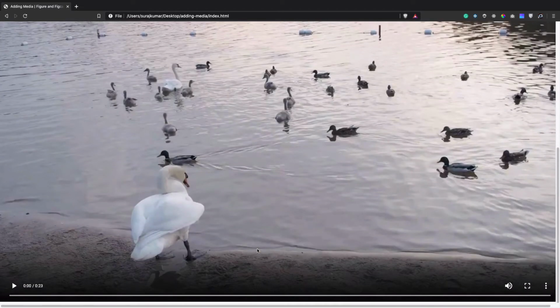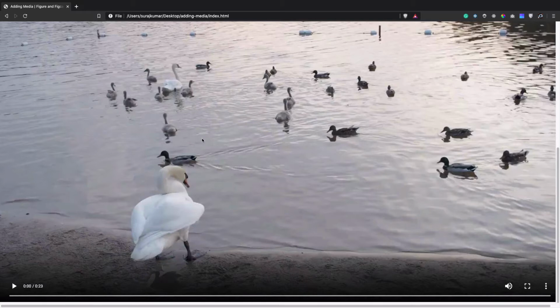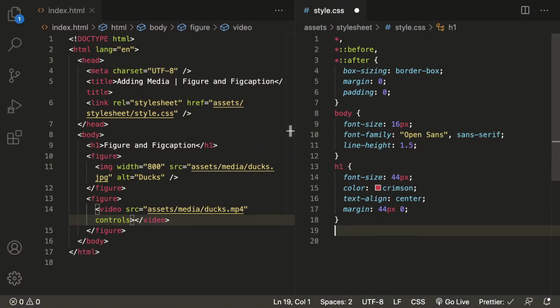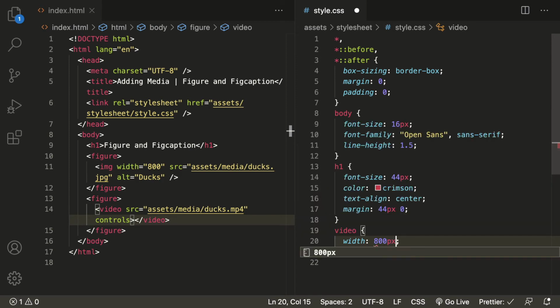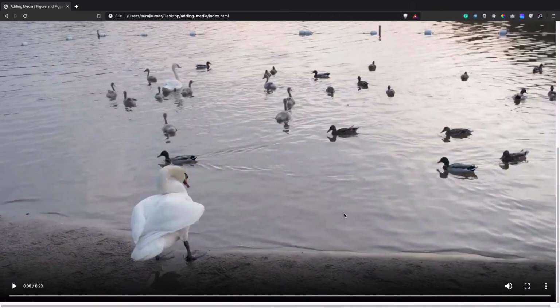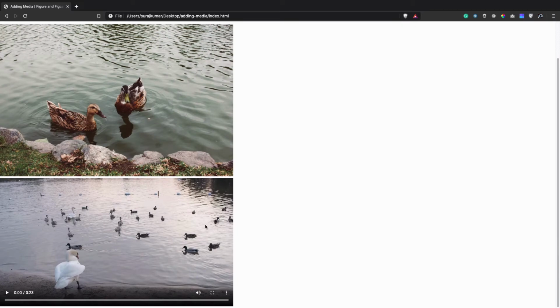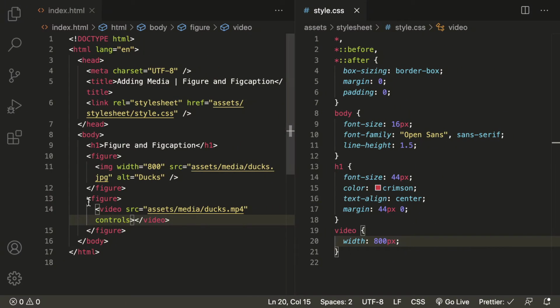Here we have our video. Even our video is very large. We can also play around with the width and height of the video. So let's target our video here and define the width. Let's say the same 800px would work fine. Then give it a refresh. Here we have our video. So again we have wrapped our video inside our figure tag.